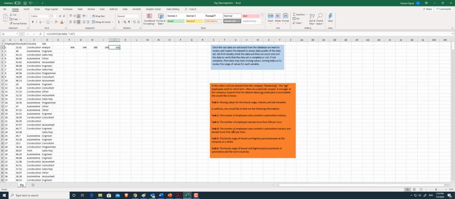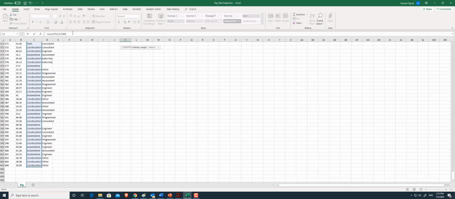For task 4, we are looking at the number of employees who worked in the automotive industry and earned more than $30. To count the number of employees with multiple selection criteria, we use COUNTIFS. COUNTIFS with S at the end, open the parentheses. Now the first selection is the automotive industry, so we will select the industry column and then